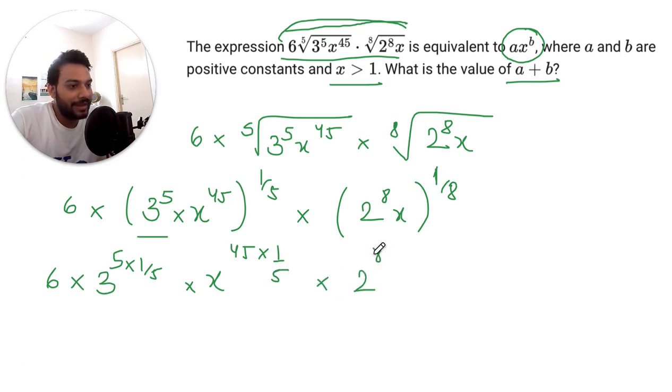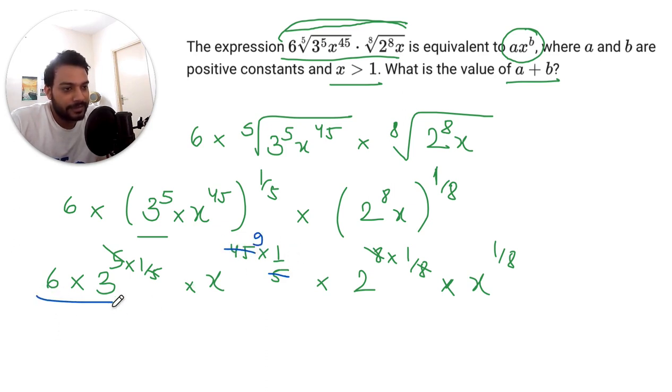2 raised to the power 8 times 1 over 8 times x raised to the power 1 over 8. Okay, 5 and 5 cancel, 8 and 8 cancel, then 5, 45 cancel. So 6 times 3 is 18, times 2 is 36. 36 is the constant outside, most probably a, and then x raised to the power 9 times x raised to